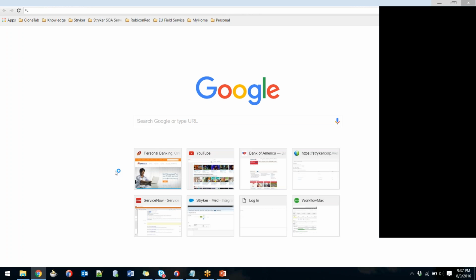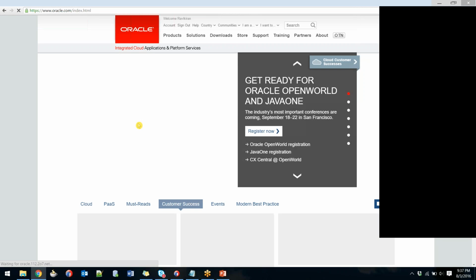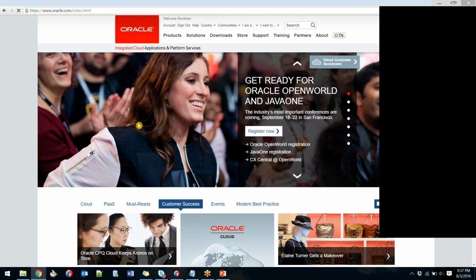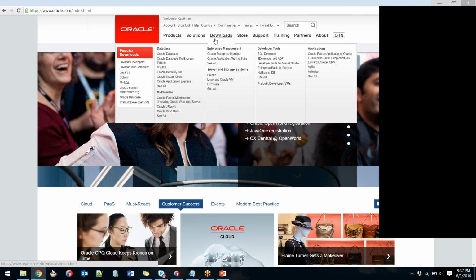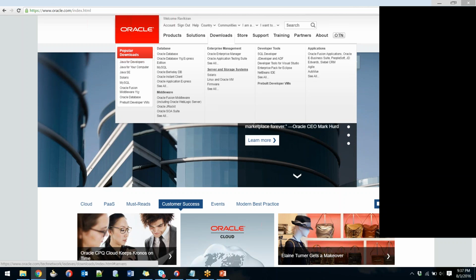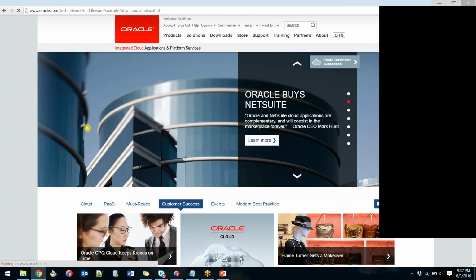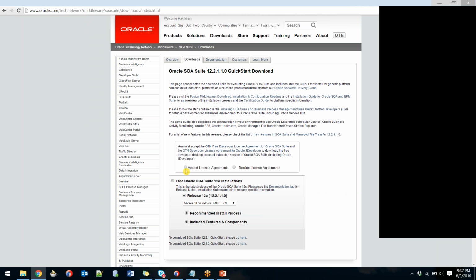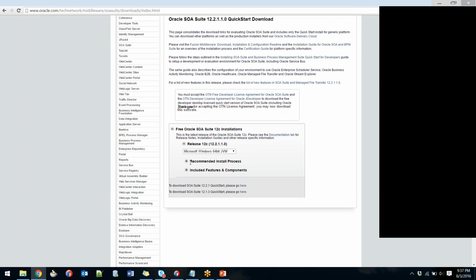Where do you get the downloads? It's very simple. There are two options. First is oracle.com. Can you guys see my screen? Yes. Okay. So on oracle.com, just hover on downloads and you will see Oracle SOA Suite. You can just click on this. You just have to accept it. You just have to have an Oracle ID. That's free. You can create it. And once you're done,